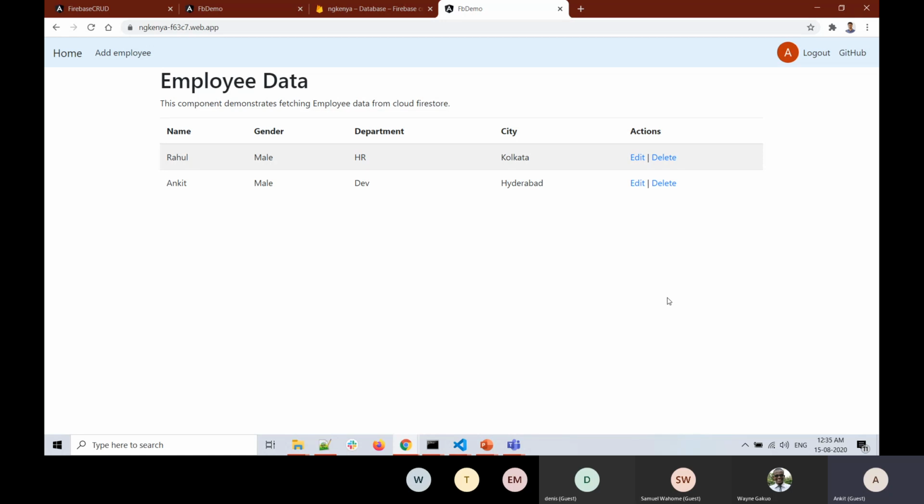We also implemented Google-based authentication for our application, where the user can log in with Google, and we are also storing data such as the photo URL, the username, and the email ID, and we are displaying the photos of the user once he logs in successfully. So that is the whole end-to-end flow of the application.